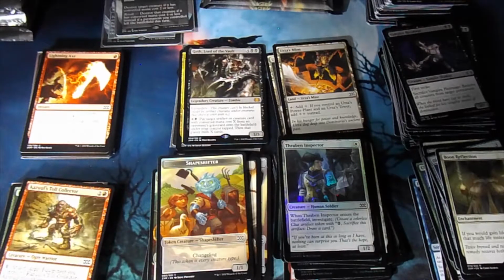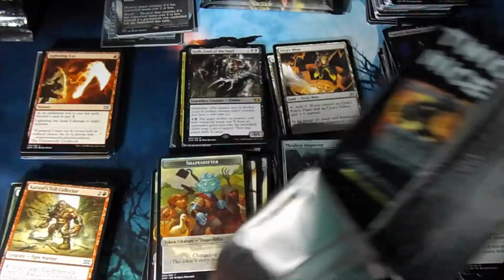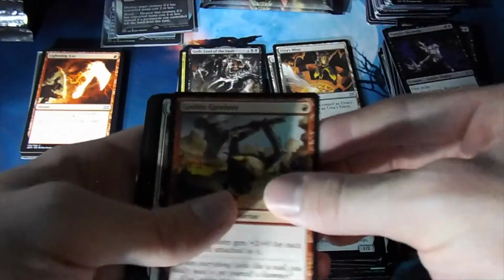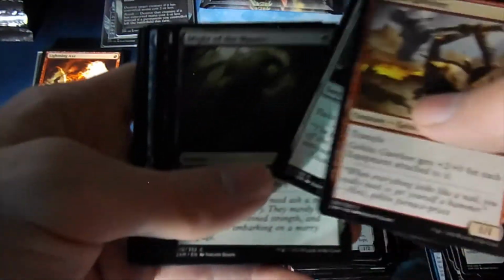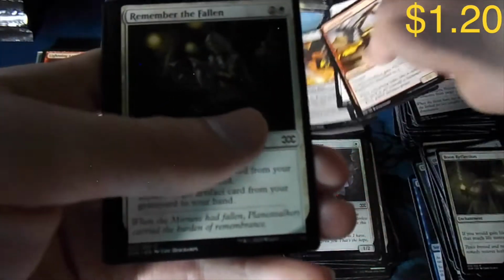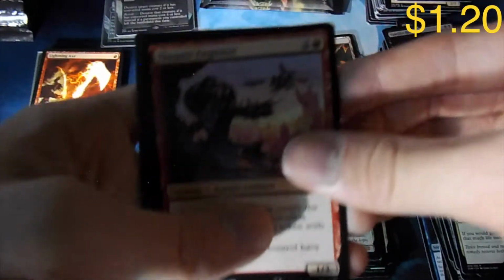Oh, that's Ace's pack. Let's do one more. That's 9. So, I mean, I'm hitting a fair amount of mythics, right? So, like, I can be happy. And that Goblin Cavalier, Revoke Existence, Might of the Masses, Driver of the Dead, Vulcan Infuser, Peace Strider, another Urza's Mine, Remember the Fallen, Thopter Engineer is the first uncommon,